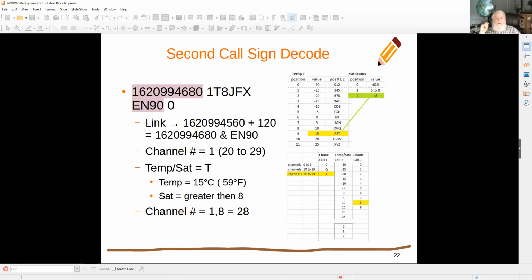Okay, so it turns out that the 0, 1, or Q here does a rough calculation on which channel it's going to use, anywhere from channel 0 to channel 29. So 1 means that it's in the range of 20 to 29, okay? Then the T has encoded into it the temperature and the number of satellites, and this is a rough estimate of the number of satellites. And it turns out T means that the temperature is 15 degrees centigrade, and that there are greater than